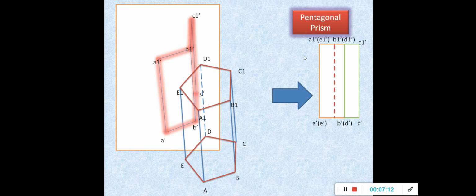The same thing you can replicate onto the top surface, where A1 dash, B1 dash, C1 dash, D1 dash and E1 dash are invisible. Since it lies somewhere behind, I'm going to name this here. Since behind B1, D1 lies, so B1 dash, D1 dash. Again I can go in chronological order: A1 dash, B1 dash, C1 dash, D1 dash, E1 dash. So this is how I've named it.